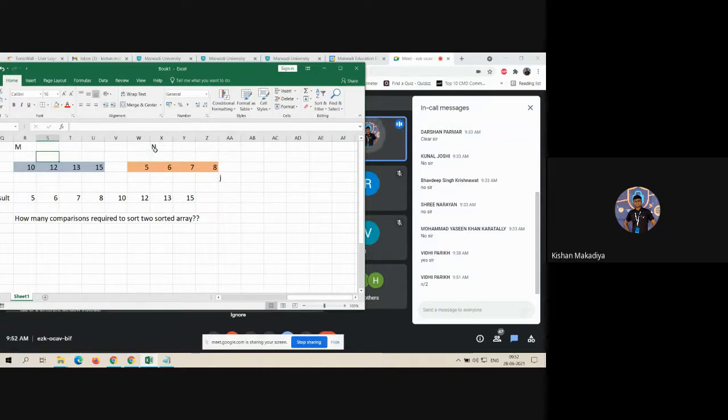For example, here n is equal to 3, I'm removing one more element, and m is equal to 4. You have to give me the answer for all the cases. It may be that the first array is smaller than the second, or vice versa, or random numbers mixed up. But the given two arrays are sorted, and I want the exact answer.